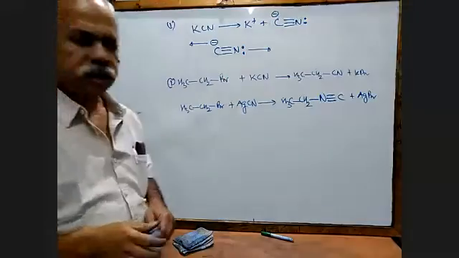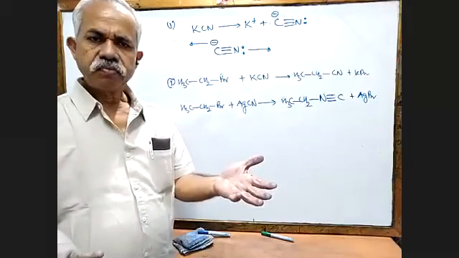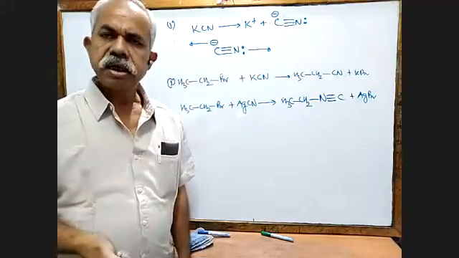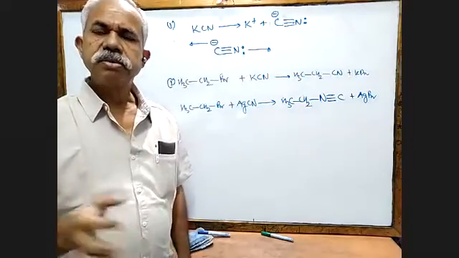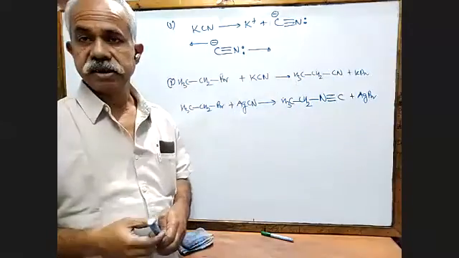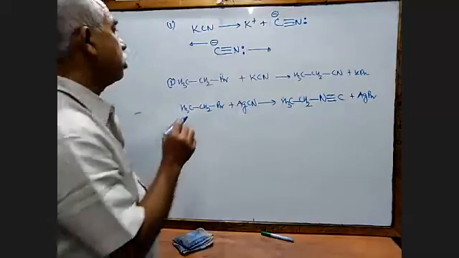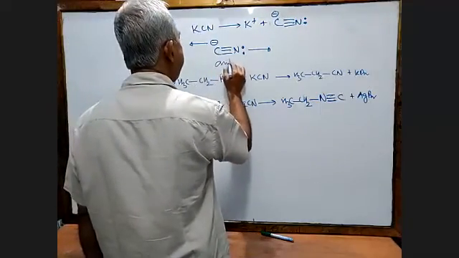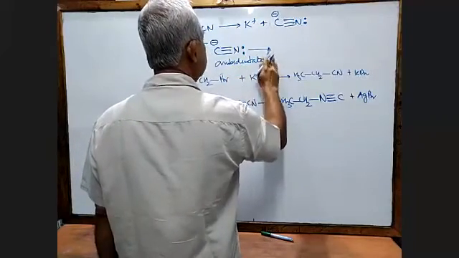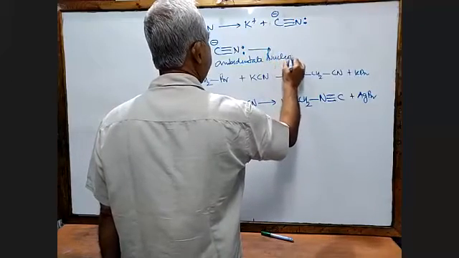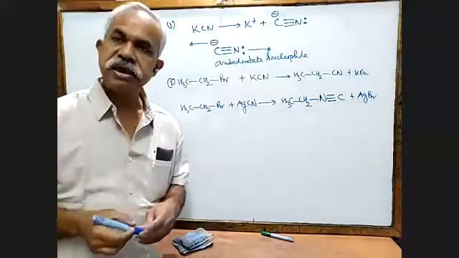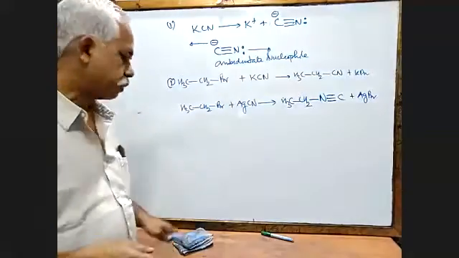It's just like us. We have two hands. So if you want to do anything, either you can use right or you can use left. Depending on the situation, we use right, or depending on the situation, we use left. The cyanide is also like this. So this type of nucleophile is called an ambidentate nucleophile. Now, depending upon which medium and which reagent you have used, you will get this type of compound.